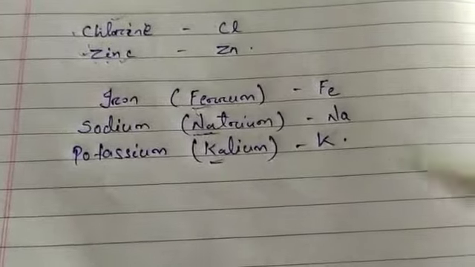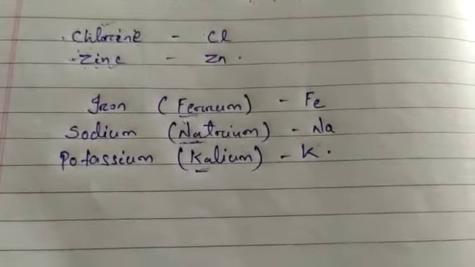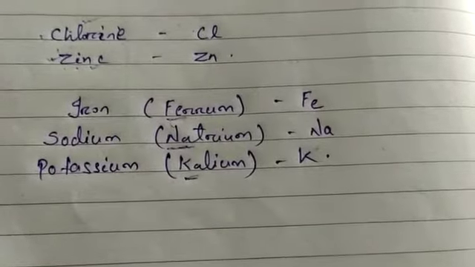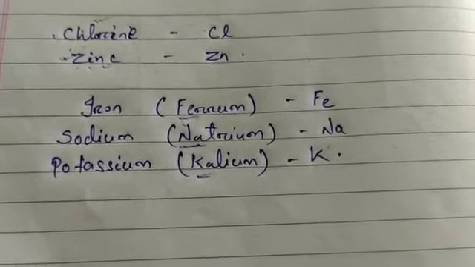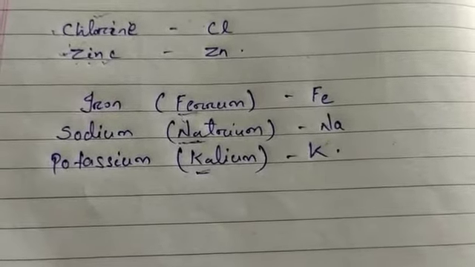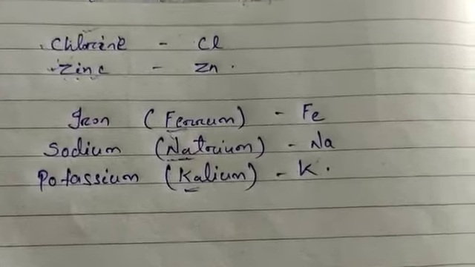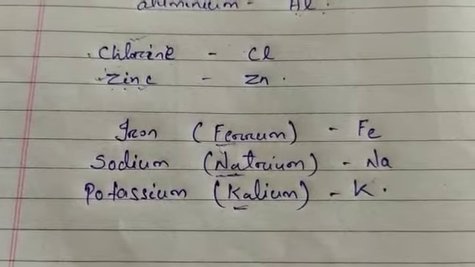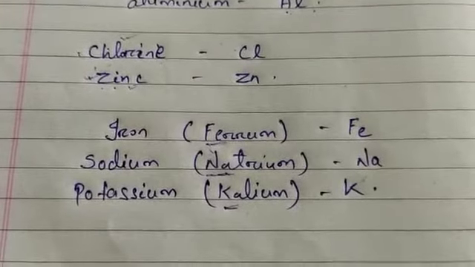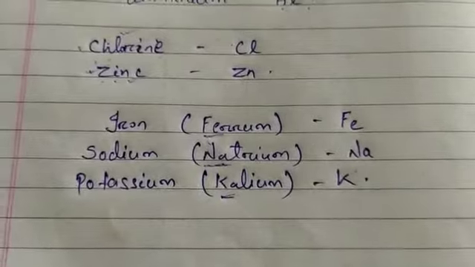These unique symbols are very helpful for us to remember the elements' names and to form compounds. Don't worry about learning all these symbols at a time, and don't be stressed. With repeated use, you will automatically be able to reproduce the symbols. Read them and practice them; there is no need to worry about learning all the symbols at once. In the next class we will discuss atomic mass.